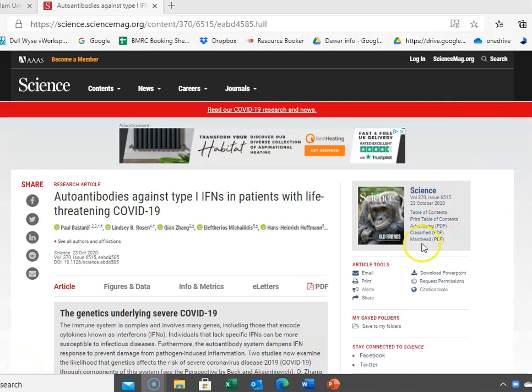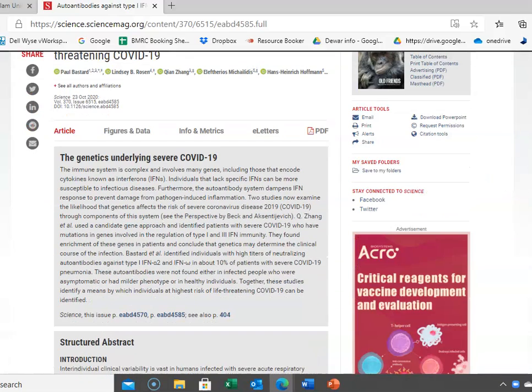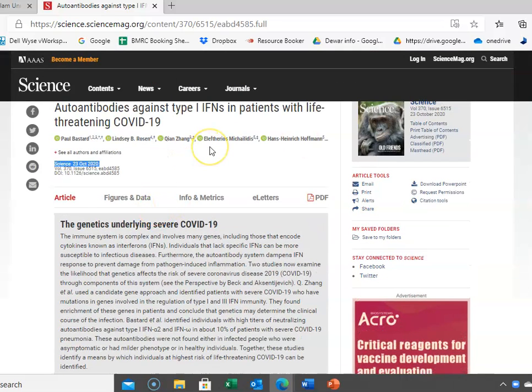So this link, which is on this previous slide that I've just shown, is a really interesting new paper that's just come out suggesting that patients who suffer from COVID-19, a significant proportion of them, 10 to 15% of them, are deficient of type 1 interferons, and some of those patients actually have autoantibodies effectively neutralizing their own interferons. So this is an example where one person will catch SARS-CoV-2 virus, which causes COVID-19, and will respond to it very favorably, whereas another person will catch that, and due to either an inbuilt genetic defect of interferon signaling or an acquired